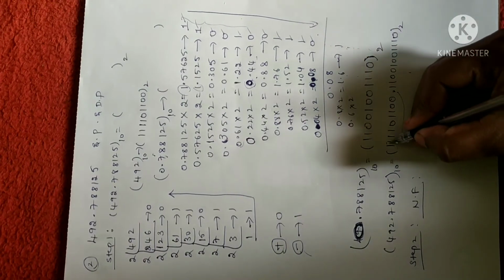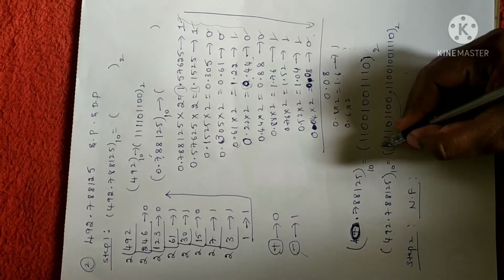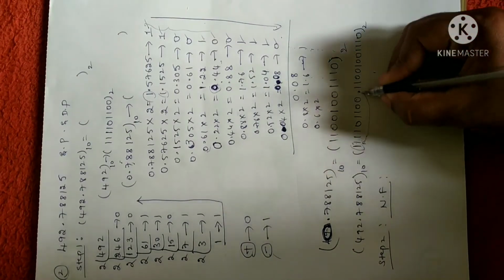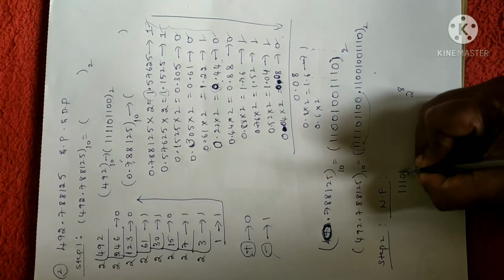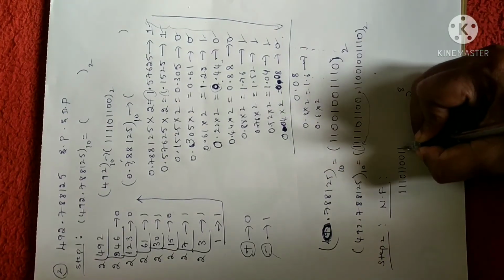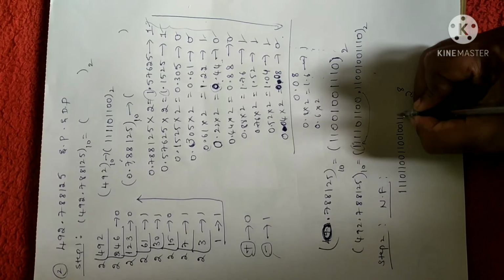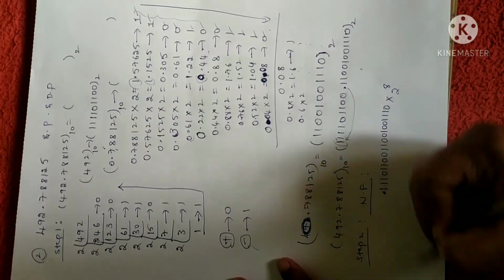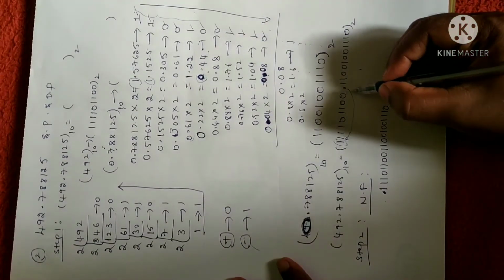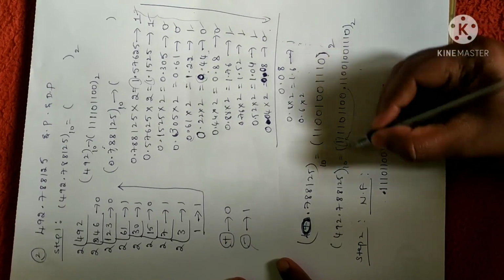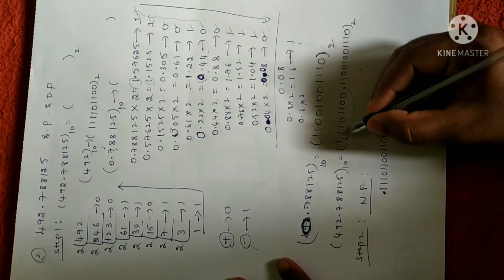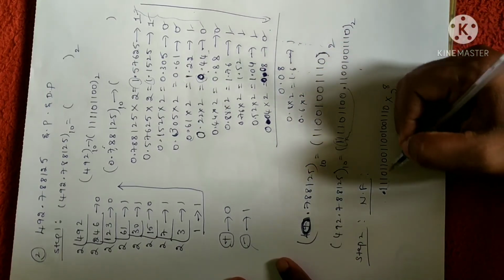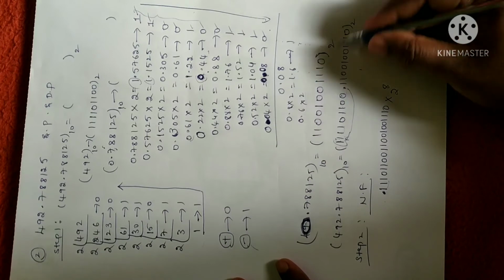Now I'm not going to change this digit. I'm just writing all these digits, leaving this digit. 1 1 1 0 1 1 0 0. Combine this 1 1 0 0 1 0 0 1 1 0 into 2 power of 8 we have obtained. Now the point I have shifted here. See here what I have done is I have moved this digit by 2 power of 8 numbers. 1 2 3 4 5 6 7 8 digits I have moved. So I have written all these numbers as they are. See here 1 0 1 1 1 0 1 0 followed by these numbers.